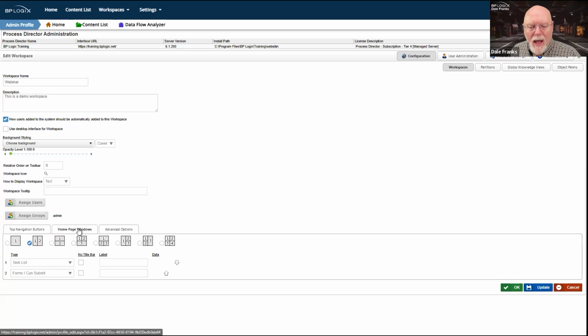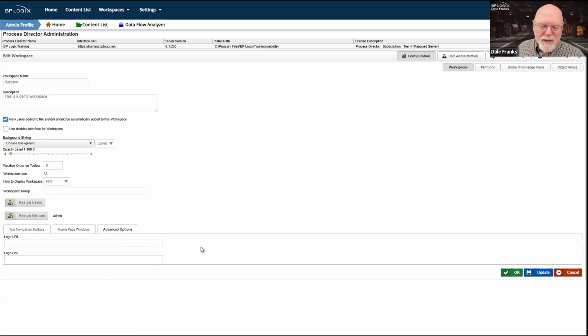And then if I'm just going to use the default workspace functionality, I'm going to want to see at least two things for an end user, the task list and the forms I can submit. They don't really need much else. There are these advanced options here, which I'm not sure we care much about, but you do have the ability of setting the URL for the logo that you want to use.